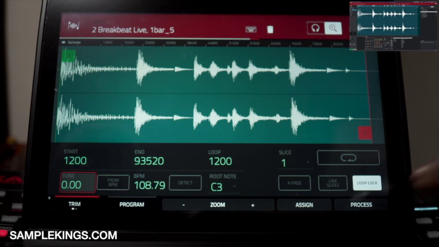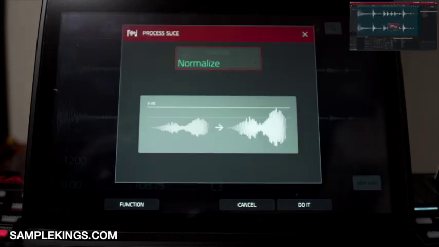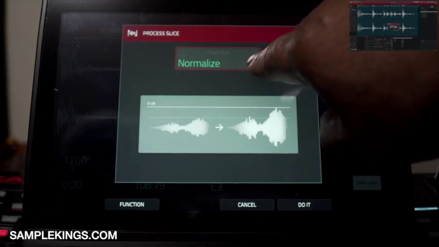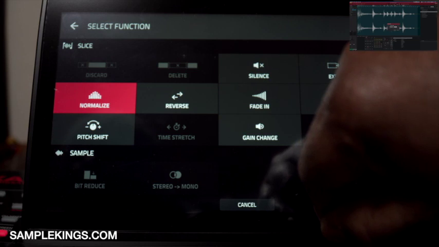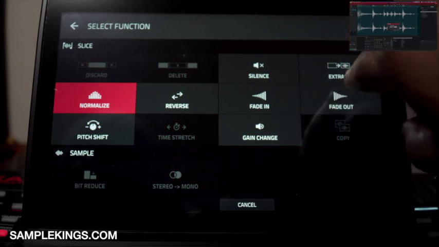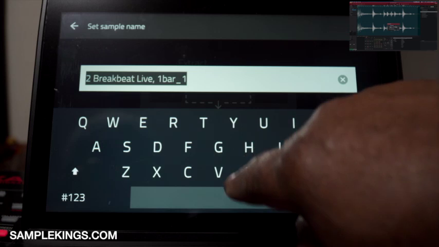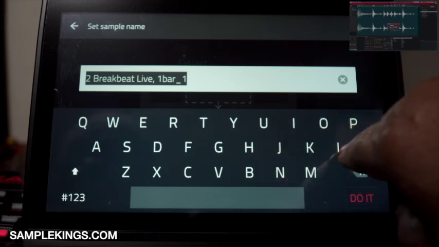Now I can also process my samples. As we showed you earlier, we can process them. Earlier we normalized it. But sometimes I will come here and I may want to get rid of the ends. Or let's say extract the sample. So I'll come to here and I got the part I like right here, and I want to extract this new sample out. So I can come back in here, and maybe I want to change the name of this sample. I'm going to call this